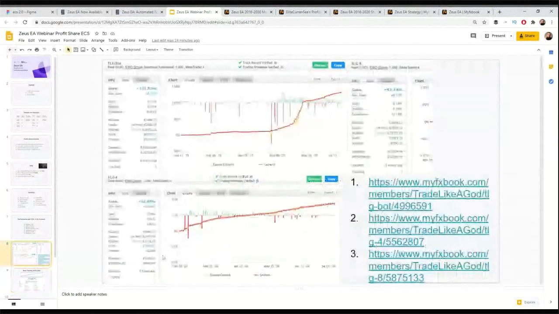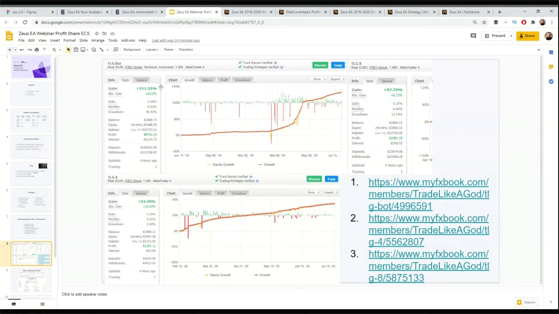Here you can see more live trading accounts as well, dating back to June 2019, February 2020, and this one is from April 2019 with different risks, all varying between 98 and 210. Drawdown here 5.6, here 13, here 46%. This one had, of course, the most risk, most drawdown because it also has the most gain, most risk. And yeah, the monthly average anywhere, as you can see, between 4.6 and about 9%.